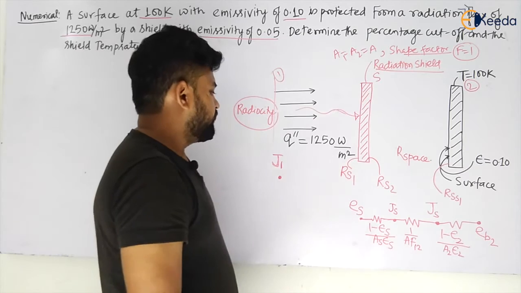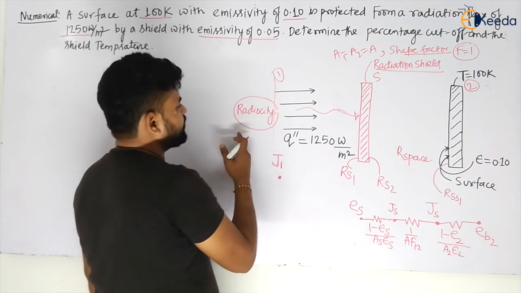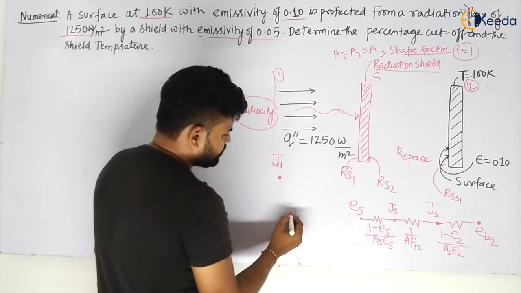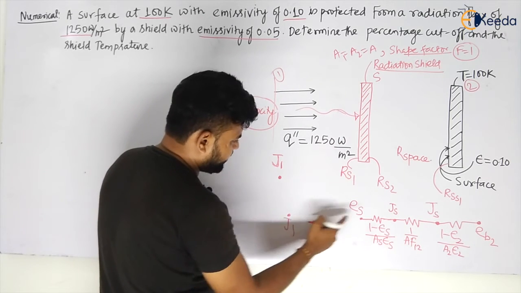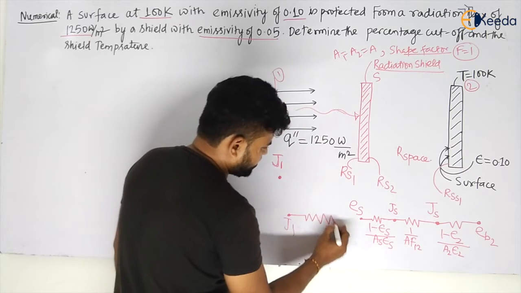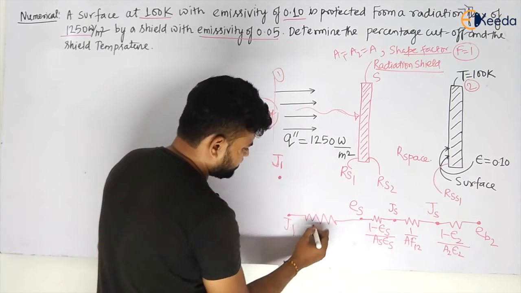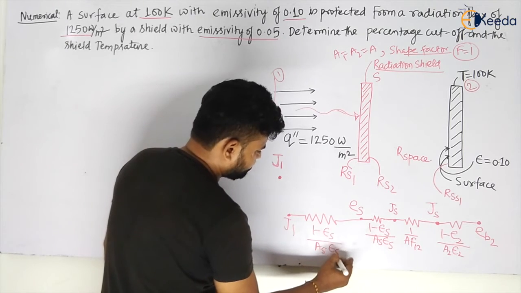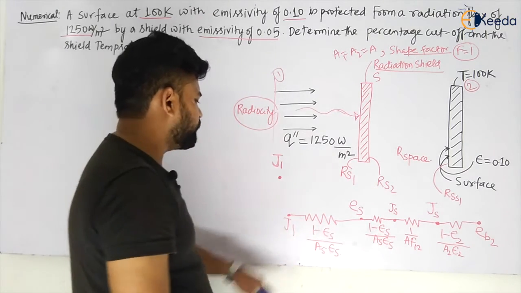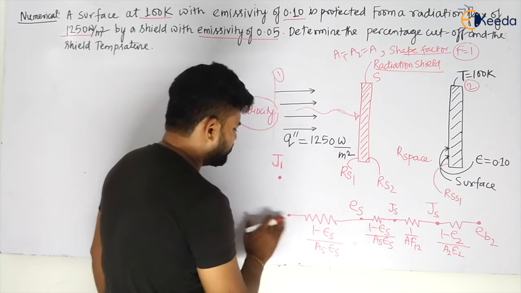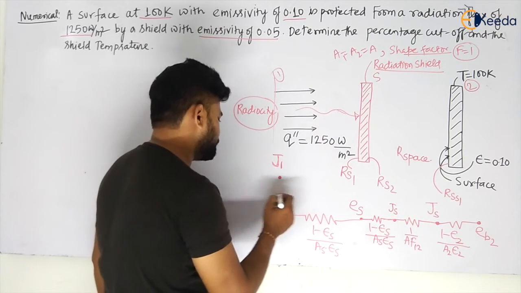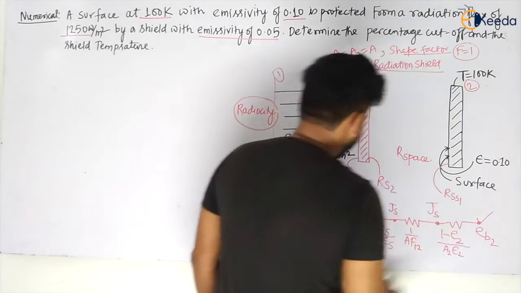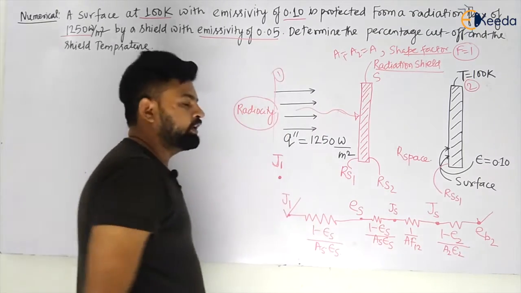Okay, now, as this radiation is also falling on the surface, will there be any surface resistance? Yes. So from J1 to that ES, there will be one surface resistance, that is the shield resistance. This will be 1 minus ES divided by area of the shield into ES. Yes or no? So can I calculate now the total radiation heat transfer? Yes. So my dear students, I know the temperature of this surface, and I know that heat flux.